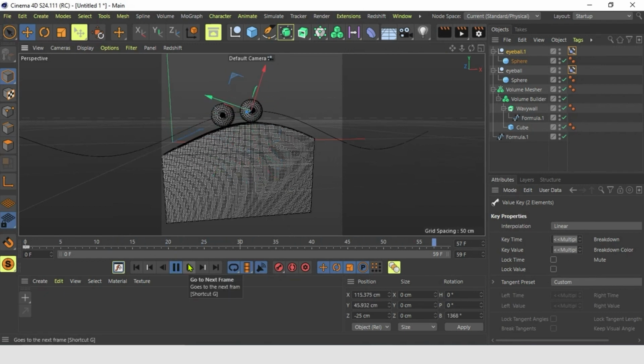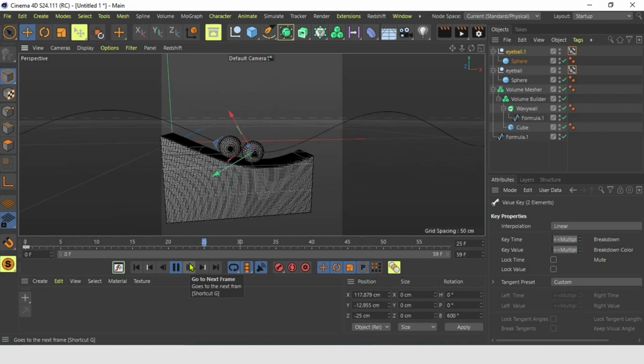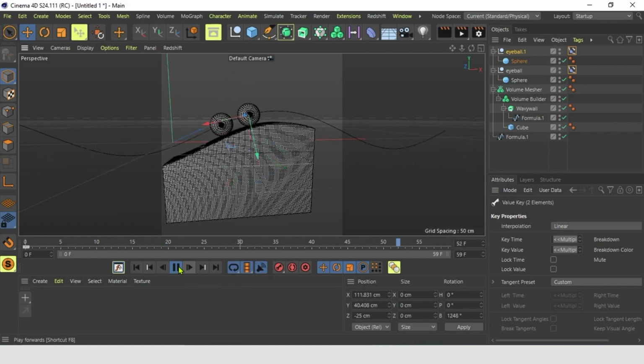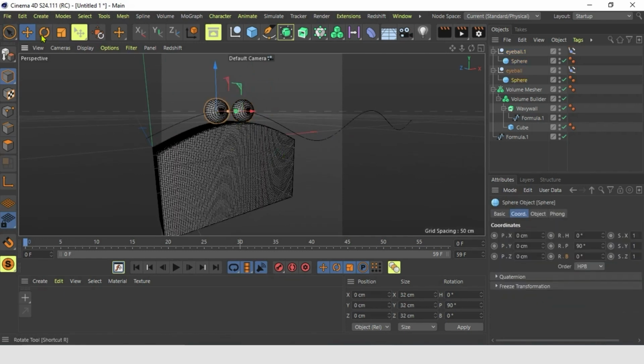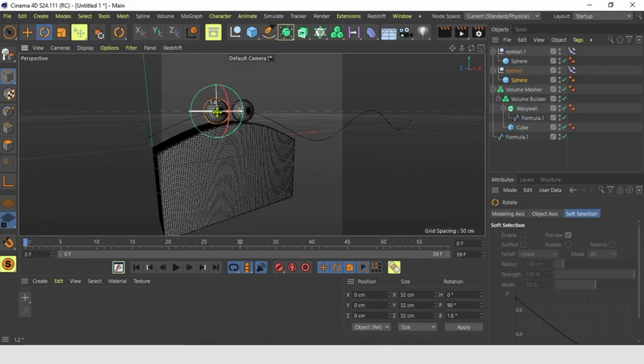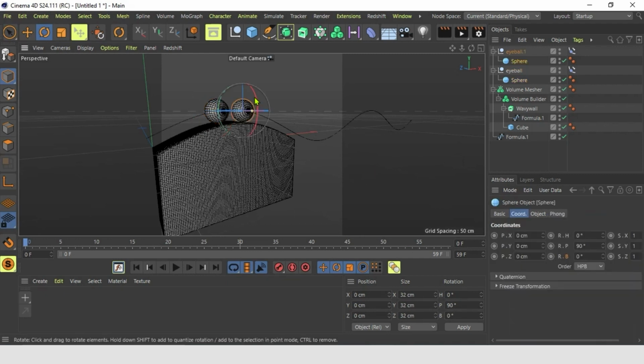Okay, now we have our eyes rolling, but we do not see the movement so much because it's facing exactly forward. So a nice trick is to go to this sphere and turn it, for example, a tiny bit, like 10 degrees inwards, and this one we put 100 degrees downwards.